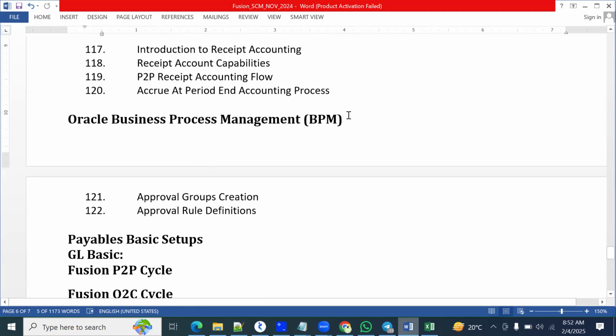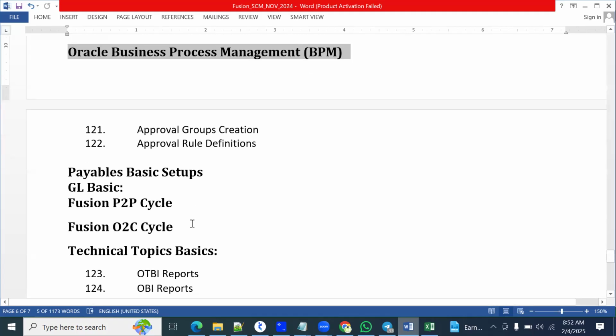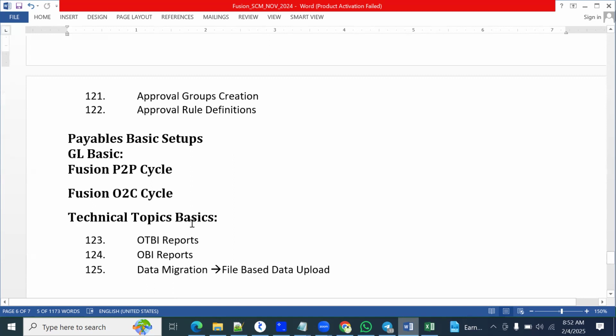And BPM is nothing but business process management, which we find in almost every module, okay? And this is indirectly approvals. From the approval point of view, it will be used, and we will be discussing that. And of course, it's mandatory: requisition approvals, purchase order approvals, supplier approvals, item approvals, right? This is all required. And obviously, when we say supply chain management consultant, we should have some